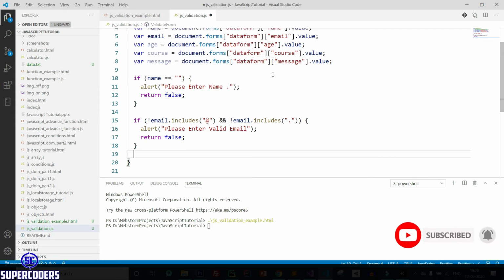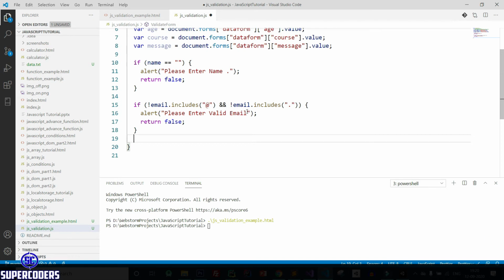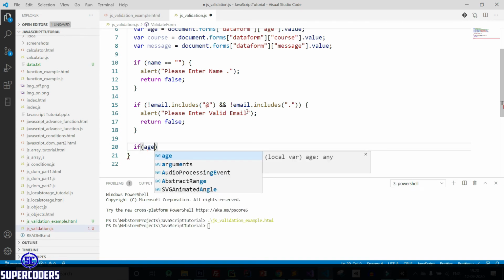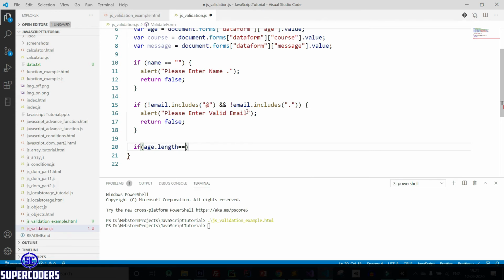Now let's see one more thing. Like here is age. Here I want to take age input with a length of 2 digits. So let's see, if age dot length not equal to 2, then alert, age must be in 2 digits.